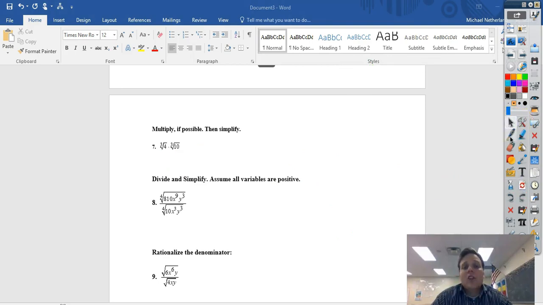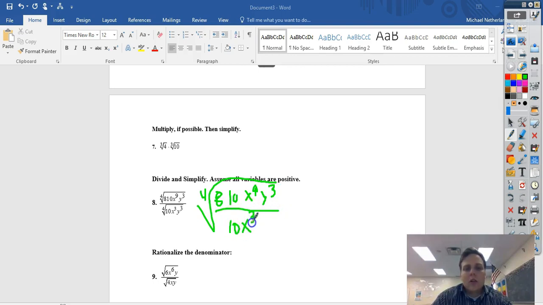Now problem 8 is a doozy. Okay, so first off what we have here is the fourth root of 810 x to the 9th times y to the 3rd, divided by the fourth root of 10 times x cubed times y cubed. So first off, what I notice here is that these are both fourth roots, and I know that 810 can be divided by 10. So what I'm going to do is make this one big fourth root, and I'm just going to say 810 x to the 9th y cubed, all right, divided by